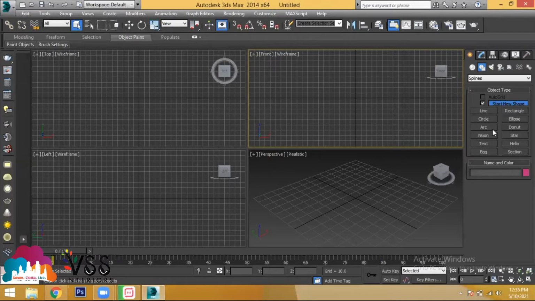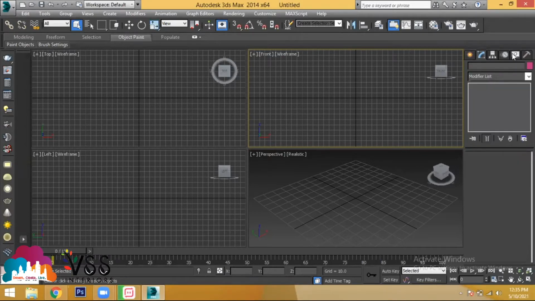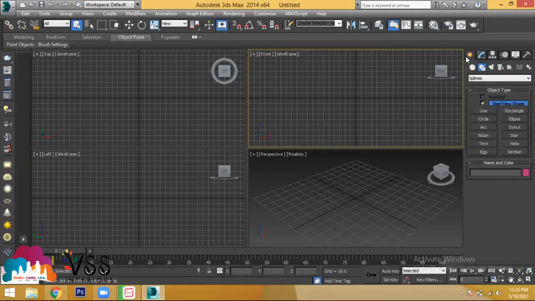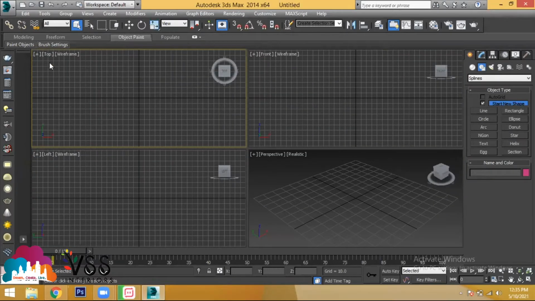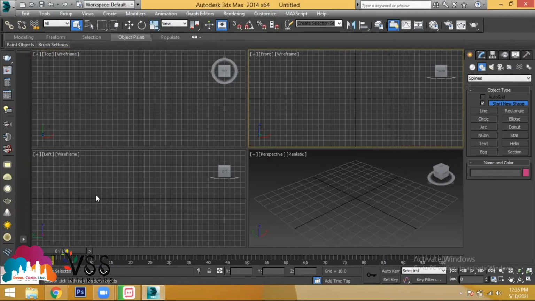How to create an arc, and we have made some modifications by going to the option called modify. And what are the things you have for the modification? Let's say I'm going with the top view, because these are 2D sketches. You can sketch from any 2D view. It may be the top view, the front view, or the left view. And we have also discussed a tool called extrude.